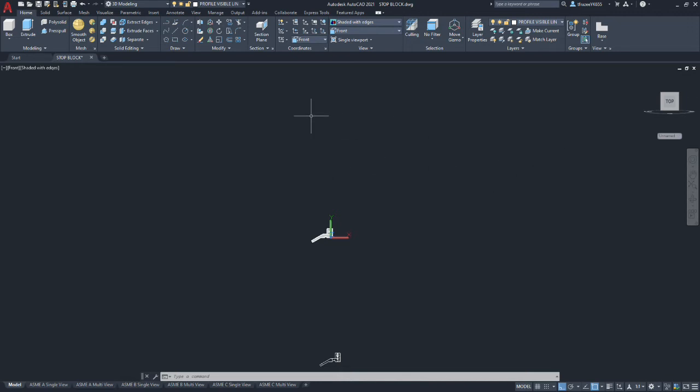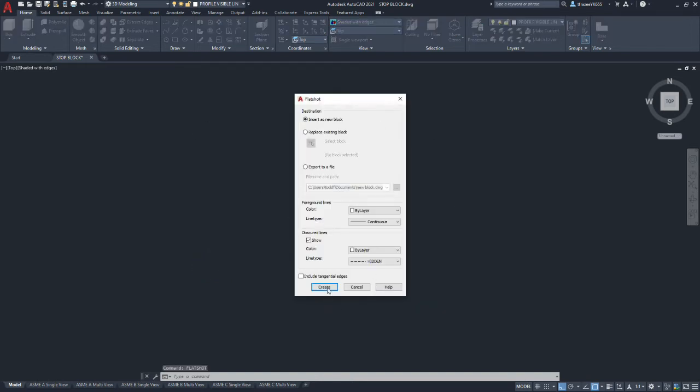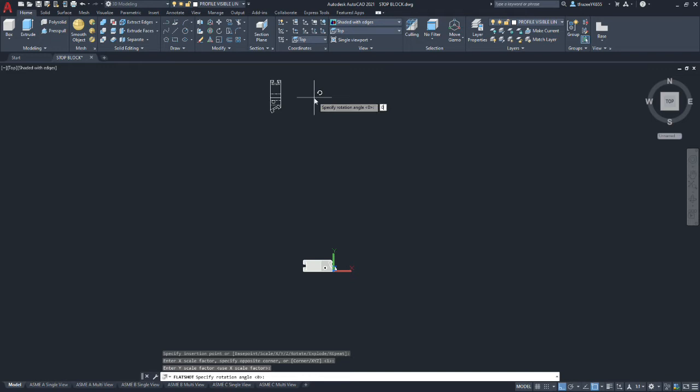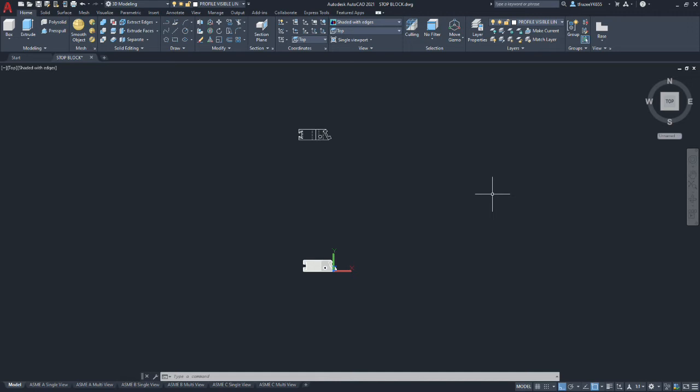Okay, we're also going to show a top view. So let's go to the top view. Okay, so we're at step 12 in our procedure. We're going to go flat shot. Okay, leave all our settings as they were. And then drag our view way off so that we've got plenty of space. Scale factor of 1:1 and a rotation angle of 0. So we have those two views set up.